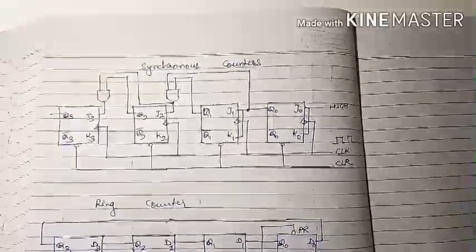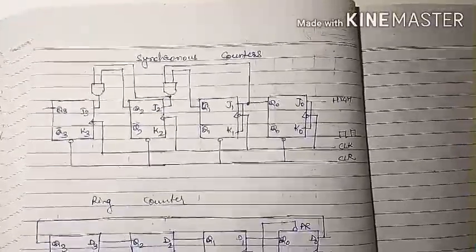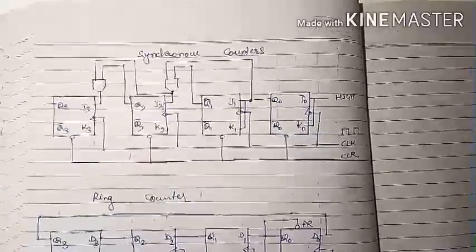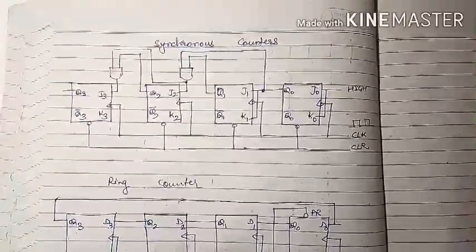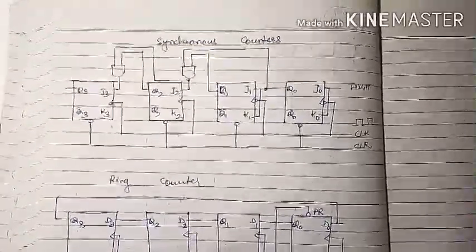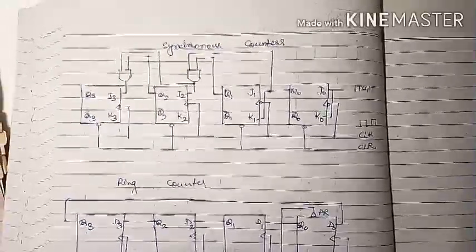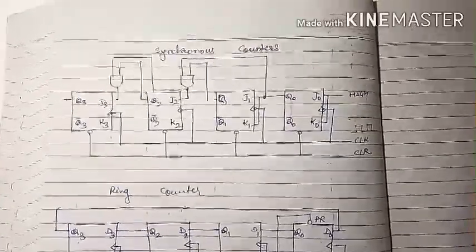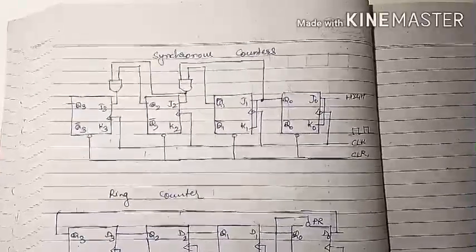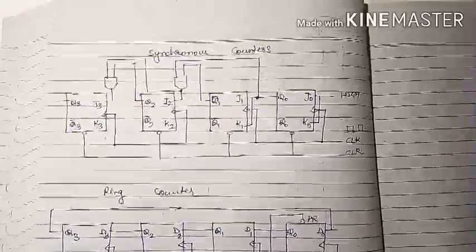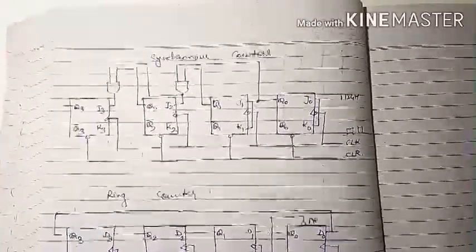Dear students, in the previous class we have seen different types of counters, that is ripple counter, and we have started discussion regarding synchronous counters. In the ripple counter the propagation delay time is too high as compared to other counters like synchronous counters. The overall propagation delay time in the ripple counter we have counted as n into Tp, where Tp is the propagation time delay for one flip-flop and n is the number of flip-flops. For this reason, ripple counters are too slow for some of the applications.